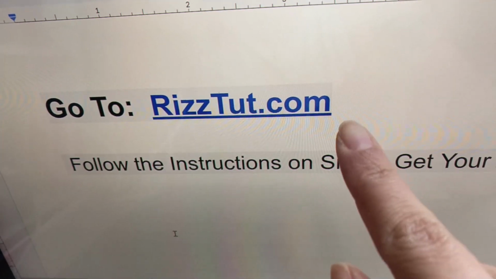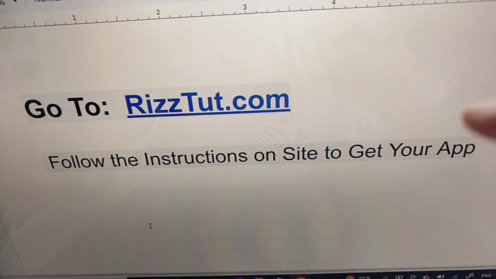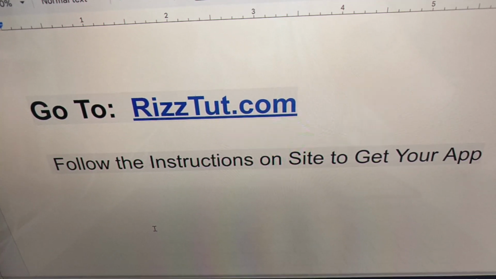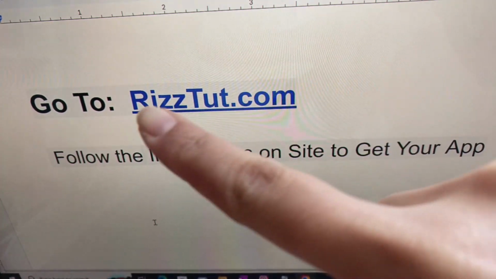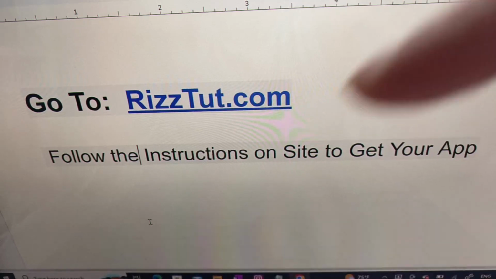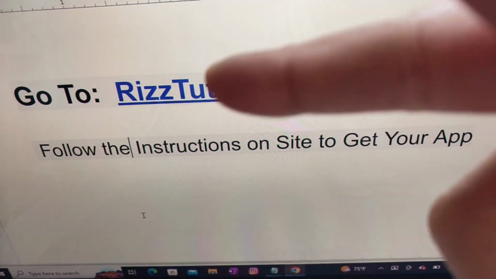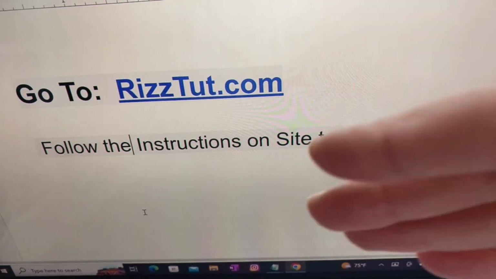You're going to head over there, you're going to follow some simple instructions, and you'll be able to get your app. So that's basically it guys. Like I said, head over here on your web browser, make sure you type it up just like that. Follow some simple instructions on this place here. It only takes about 5 minutes, maybe even less, depending on